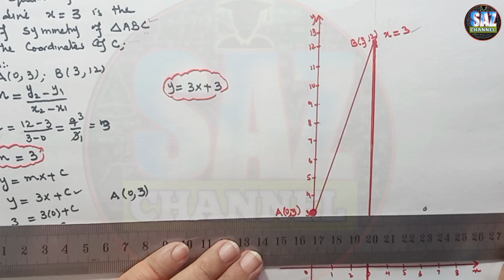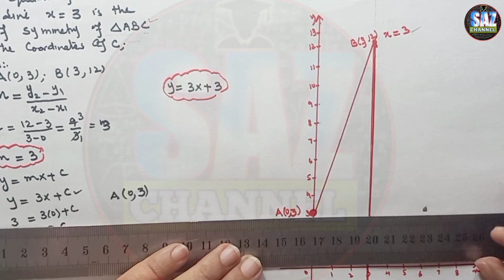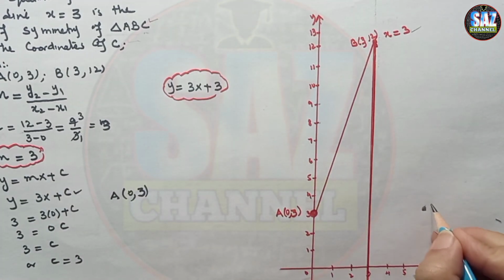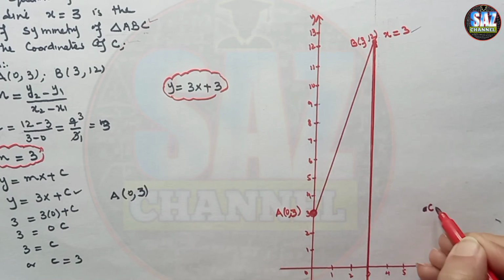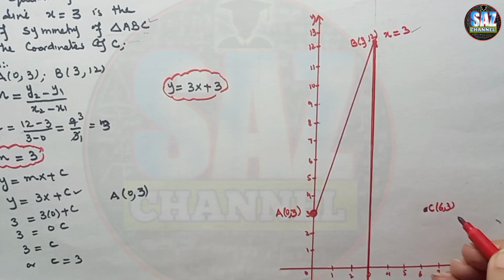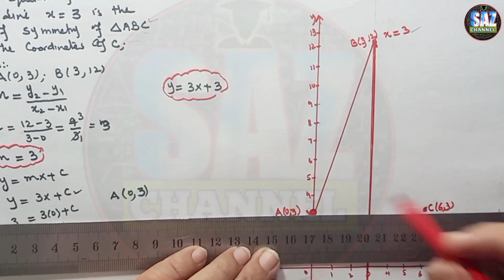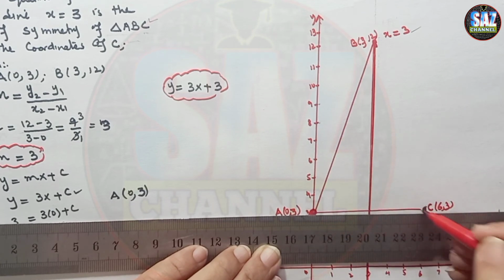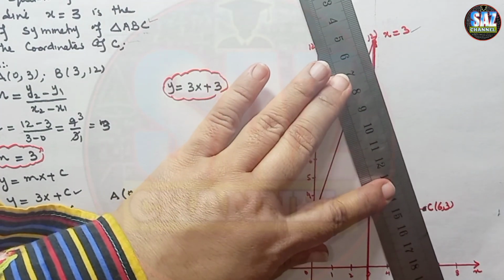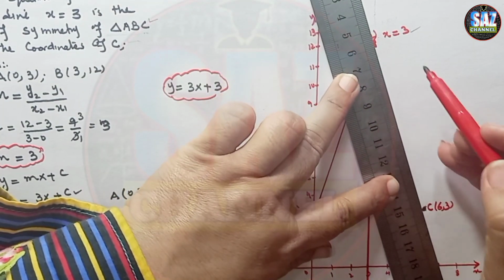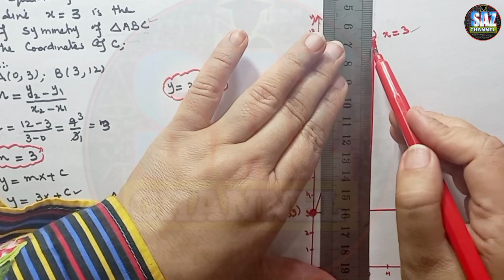All these points have to be on the same line, because I'm not drawing on a proper graph, so they can have a little distance, but we have to be really careful. C will have the coordinates (6, 3). Now I have to join all three points and give them the shape of a triangle. Let me join it so that my students can easily understand this, and from this side as well, because the question says it's a triangle. So please join all these points to get a triangle and enjoy your geometry work.